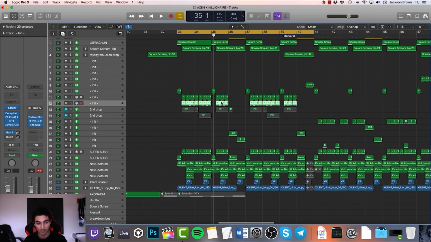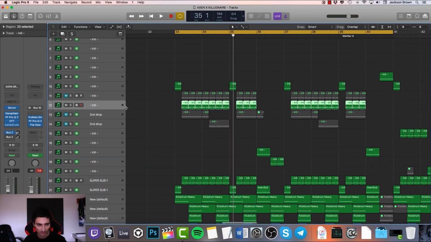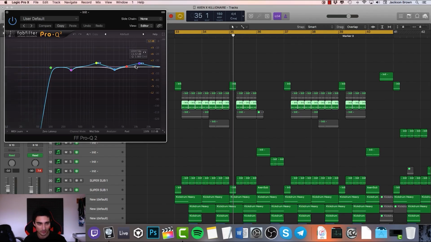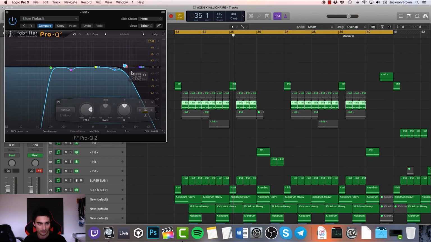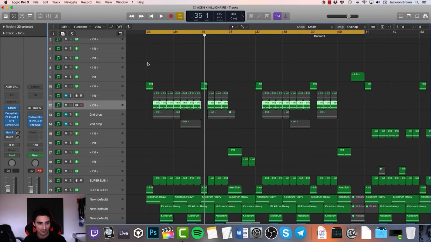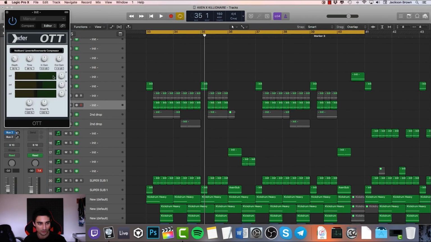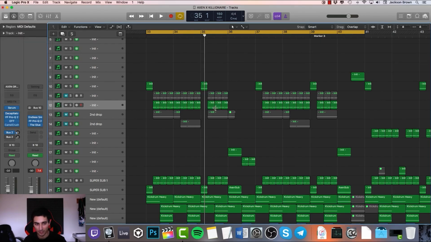And again, this plays hand in hand with the layering tutorial I was talking about. So it's the same concept. All you're doing is low cutting it there. I mean, you're high cutting it here. You can also use the OTT and take out most of the high, just multi-banding it away. And then you can just change the